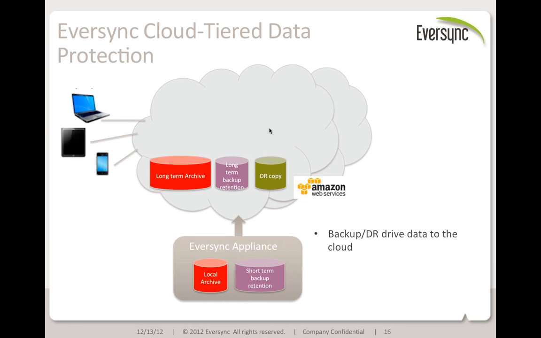Our solution is built on the Amazon public cloud initially, and we'll be offering options for other public clouds afterwards. We found that Amazon provided the best reliability and availability and compliance certificates of any of the cloud providers at the most effective price point. In our solution, we provide direct access to all of the data from a single portal into the cloud services. In other words, you can seamlessly view all of your data, regardless of whether it's located on your appliance or in the cloud.